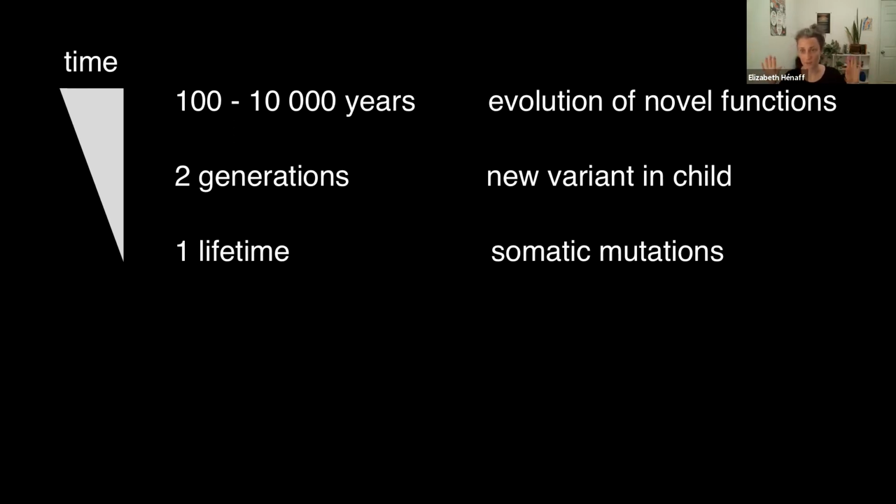Or for example, if you're comparing two plant varieties that you know have diverged 100 or 10,000 years ago, the threshold between signal and noise in those differences that you observe is going to be a lot more strict,